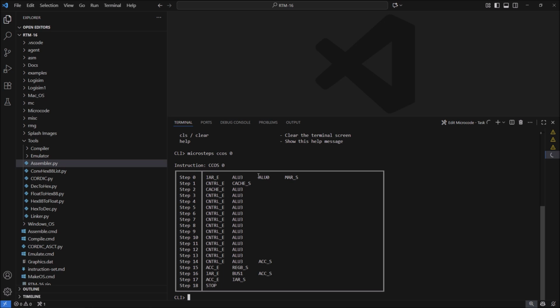So the value of 9 is the reset value for our CORDIC unit. So this resets the CORDIC unit. We put our value that we get out of our next address location, which is going to contain, let's say for example, the angle 45 degrees, and we put it into the cache register,